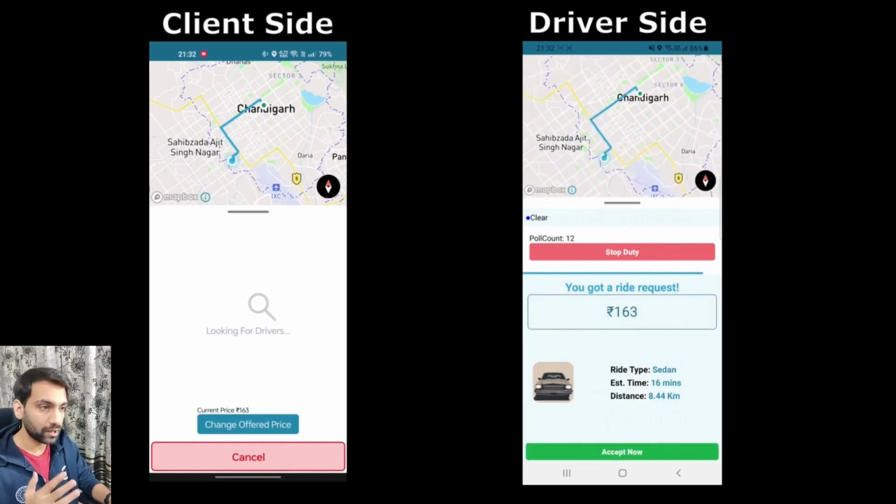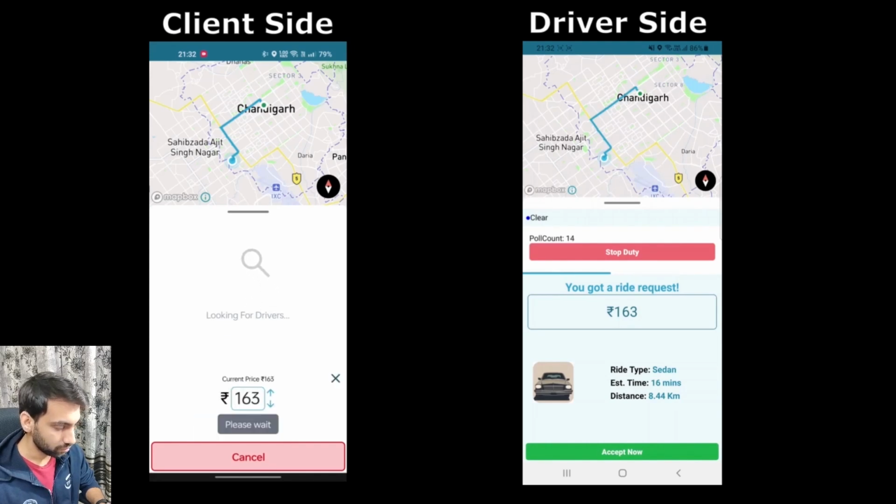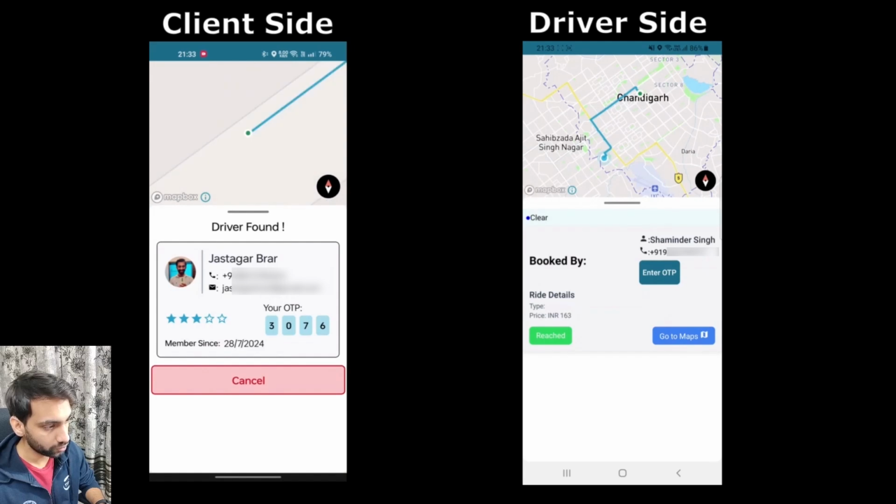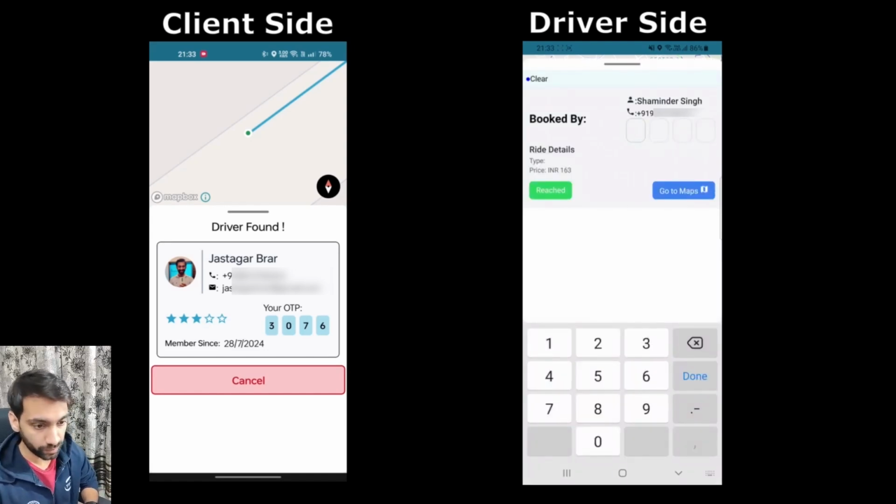Since right now in this video I have both the client and driver in the same place, I get the request, and the price of 163 rupees is also reflected on the left side. Let's say the driver accepts, and there we go. The driver knows who booked the ride. They have the phone number, and on the left side, the client knows who the driver is, and the driver will be reaching. The client gets their OTP,